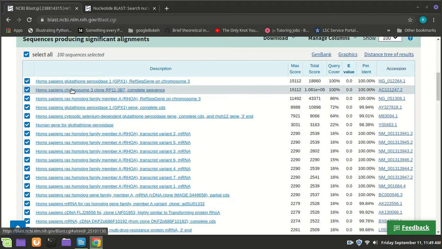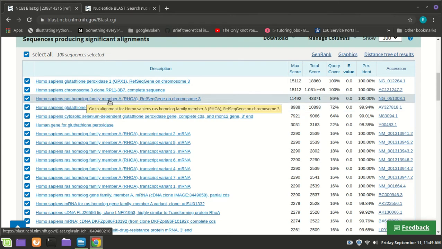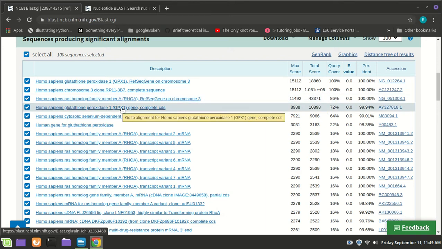Now all of these, if you'll notice, this is another piece on chromosome 3, essentially the same. Here we get the first gene on there, RHOA. And then we get GPX. Now you'll notice that these numbers are a little different, because now we're comparing it. The result was a smaller piece than the one we put in,